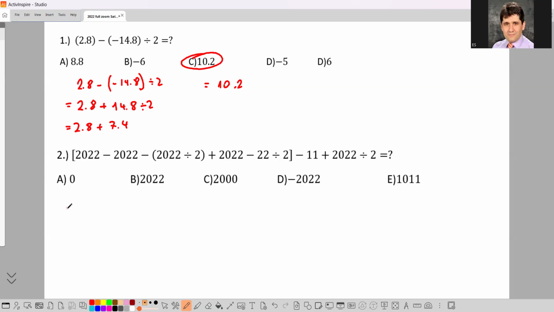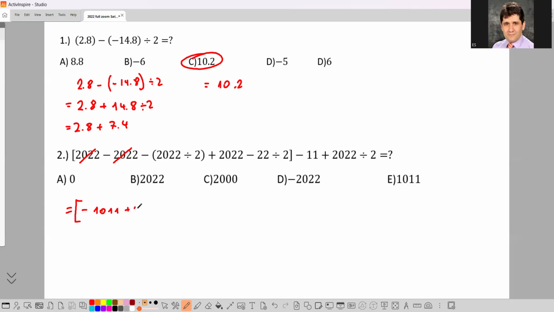I can clearly see, just to not waste time, we're not gonna recopy the exercise, but this number and this number cancels out. Why? Well, one is positive 2002, the other is negative 2002, so that's it. Now I'm copying what's left, so bracket minus. Inside these brackets, here we have 2002 divided by 2. That makes